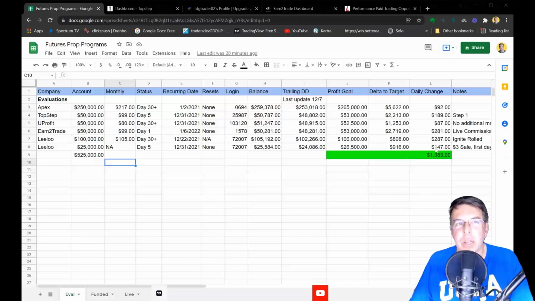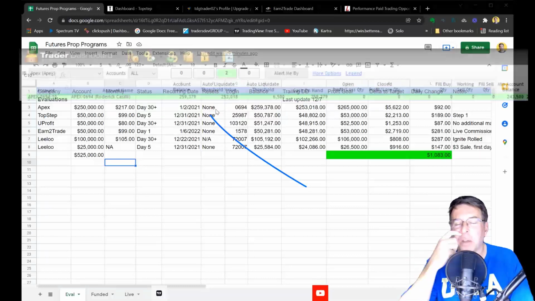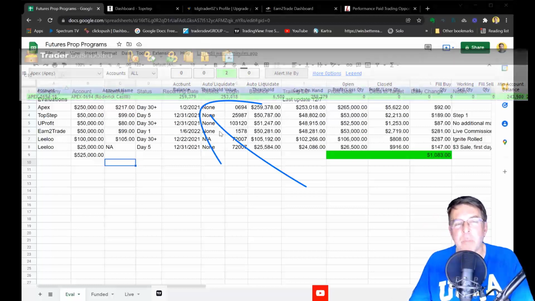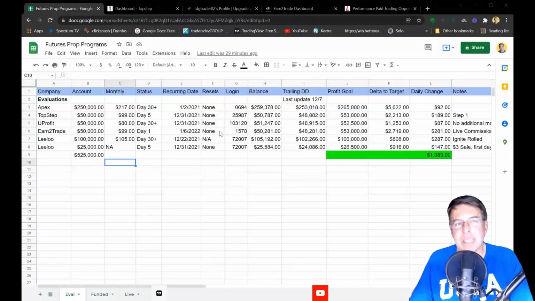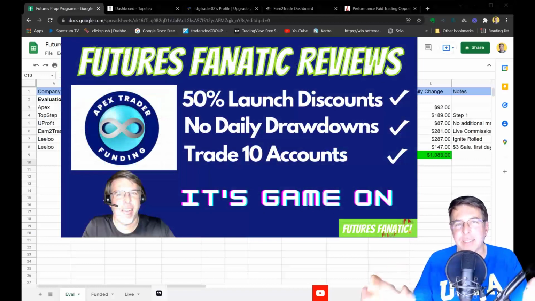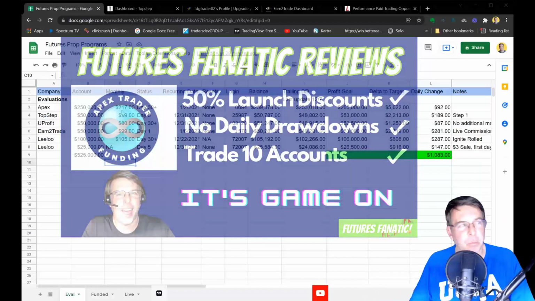Today happened to be a green day across the board, so that's Apex. I'll put the R Trader right up here so you can take a look at that. Apex is one of the firms that doesn't really have a dashboard that gives you insight into what's happening in terms of the amount of days you traded or what your balance is or any of that. So you have to go to this application called R Trader. You can read my review of Apex. It's fantastic other than that one fact, and it's very similar to Leeloo.